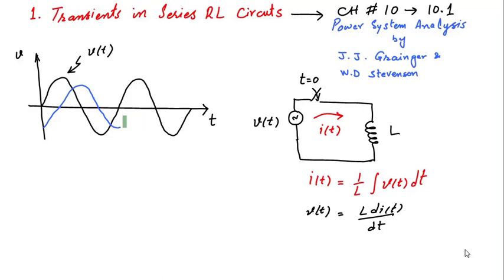So current is lagging behind the voltage, where you can see at the zero crossing of voltage, current is at its negative peak. At positive peak of voltage, current is at zero crossing, and so on. So that is a 90-degree phase difference between them. I didn't disagree with you people that this will not be the current.